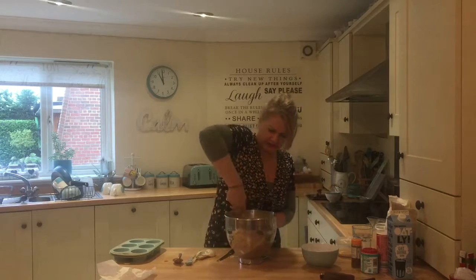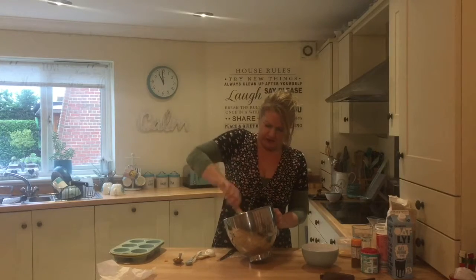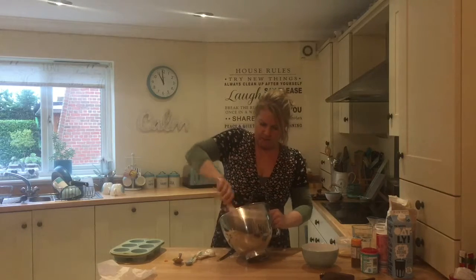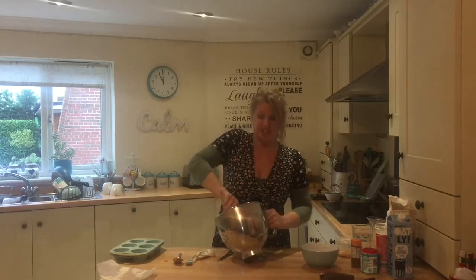So let's just work this in. Good. Work it for the arms. Chickpea flour is a bit heavier, so it might be a bit firmer. I'm going to get them in the oven. I'm going to tidy up before Nami